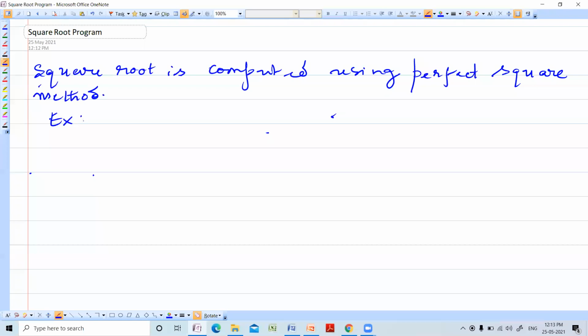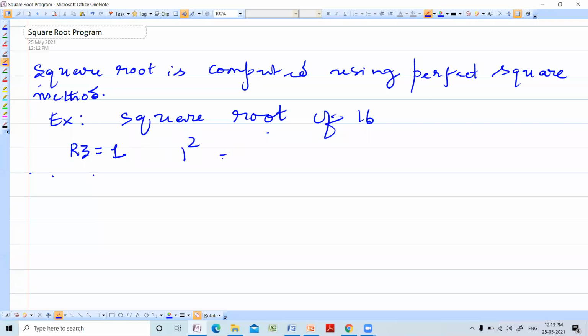Example. Square root of 16 you have to find out. So you are starting in some register R3, you are taking 1. Find 1 square, which is equal to 1. Compare with 16. Once again not equal. Increment R3.